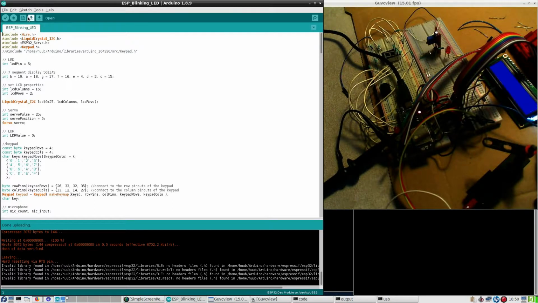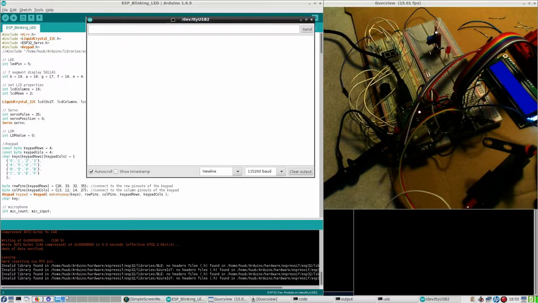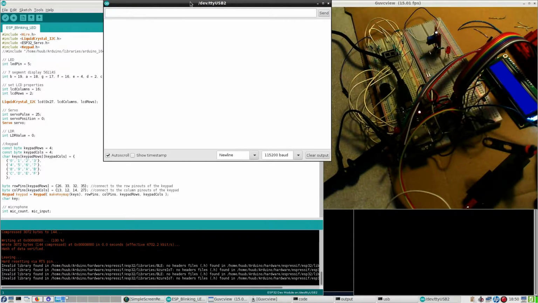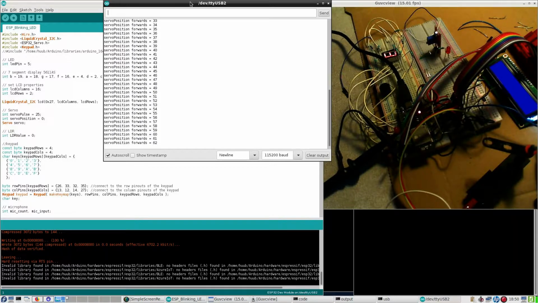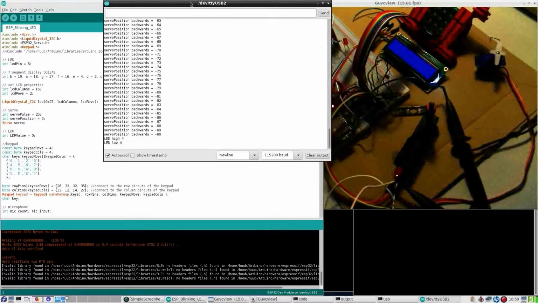And then it would also be nice to have the serial monitor running. And there things work. And once again, the motors don't do a thing. Not surprisingly,